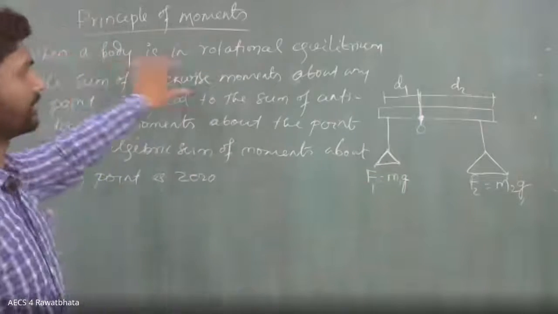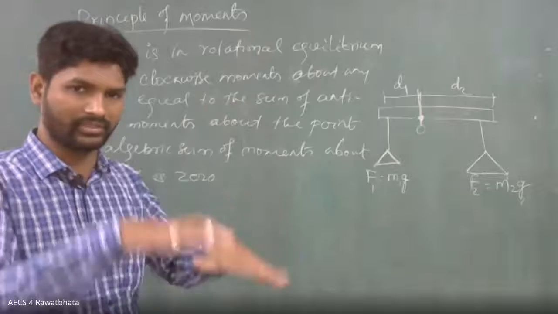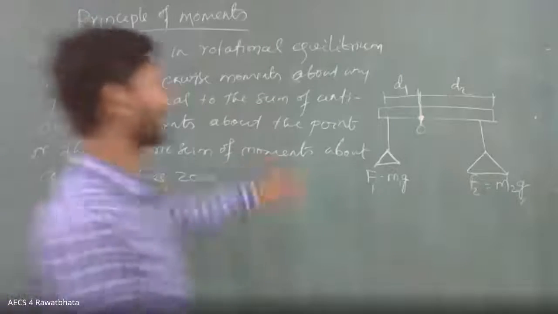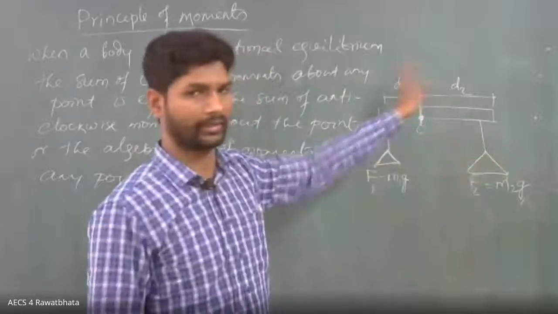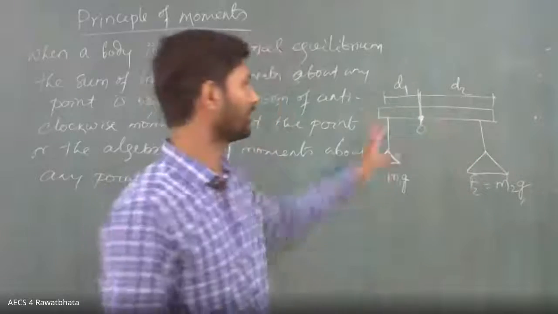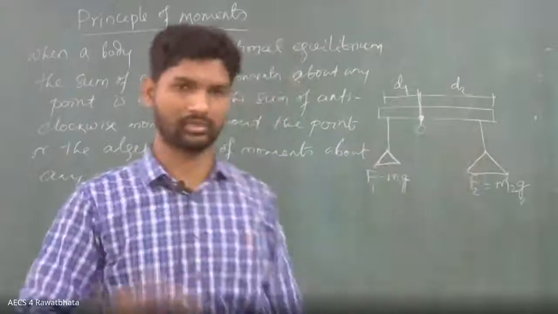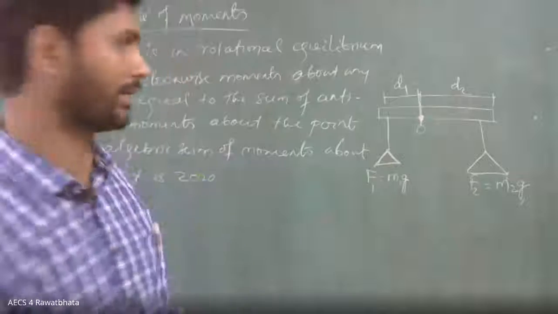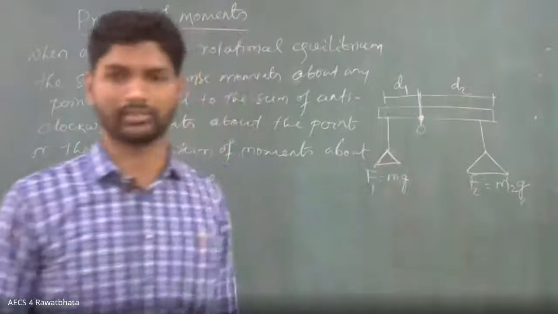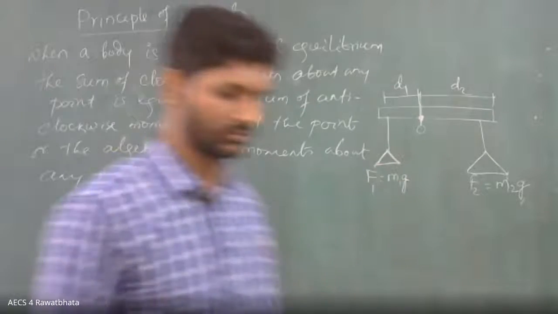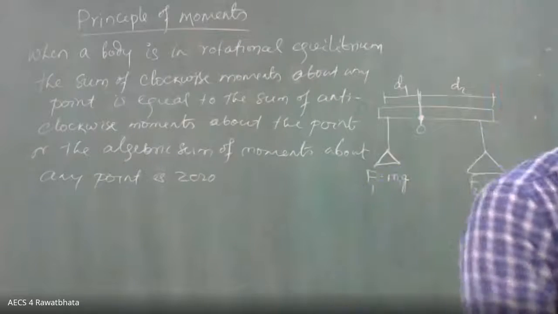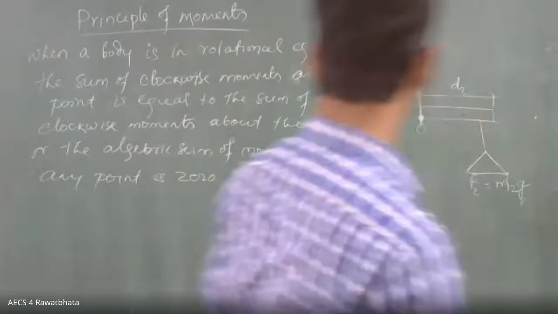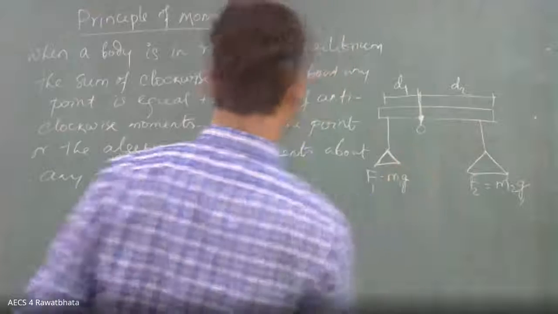So this is what is called your principle of moments. When a body is in rotational equilibrium, if it is not rotating about any point O, that means the clockwise moments and anti-clockwise moments, whatever are there, their sum cancel each other, and the total is 0. Okay, this is what is called your principle of moments. So in this case, you can see the clockwise moments, anti-clockwise moments,